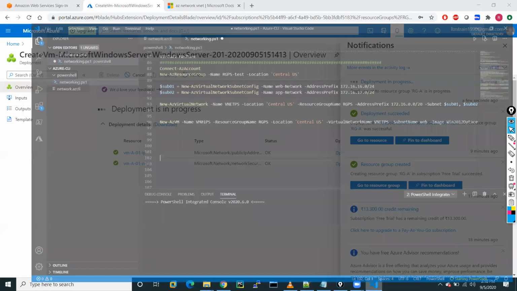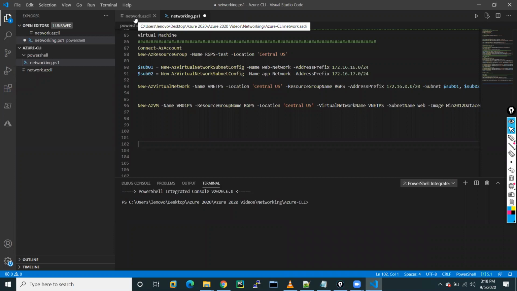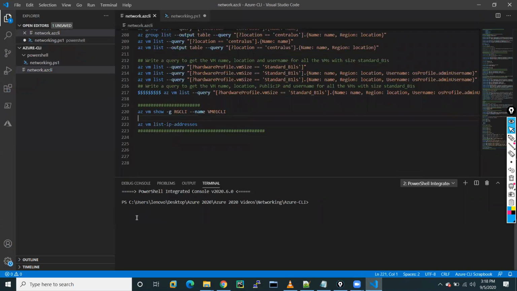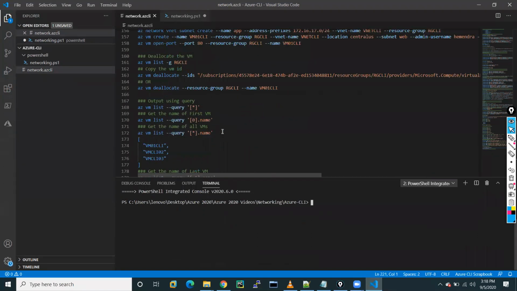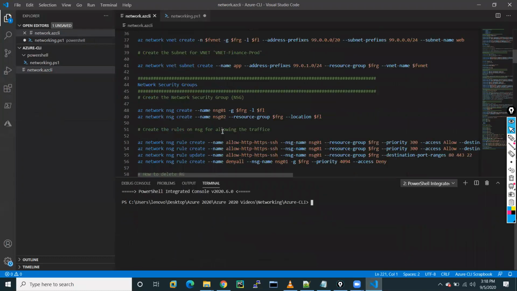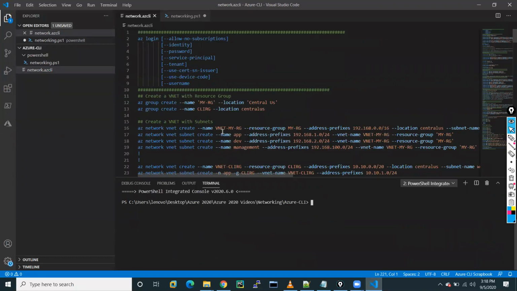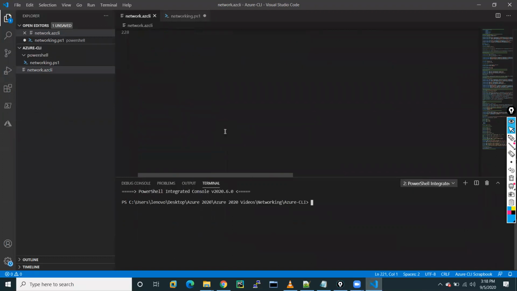Meanwhile, let me do one thing. These are a few other exercises which I did in my later classes. So let me type here: login. This is the command which we use for logging into Azure portal. It will basically open the browser by default. When I give the prompt, at that time I need to enter username and password for that.